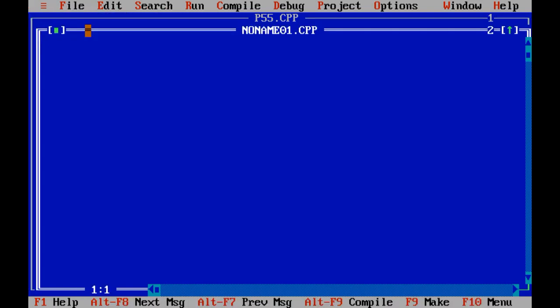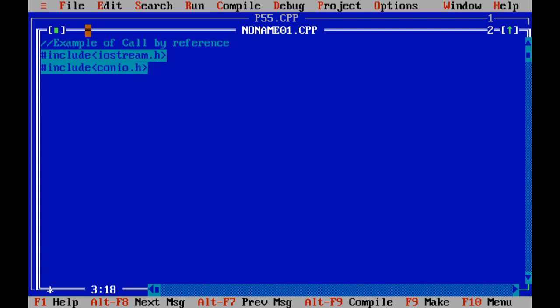File, new, example of call by reference. Need to include two header files, iostream.h and conio.h. Void, over there we have declared my value function.